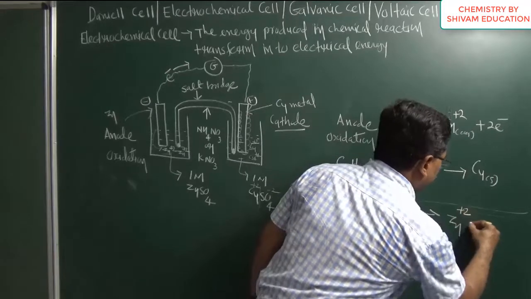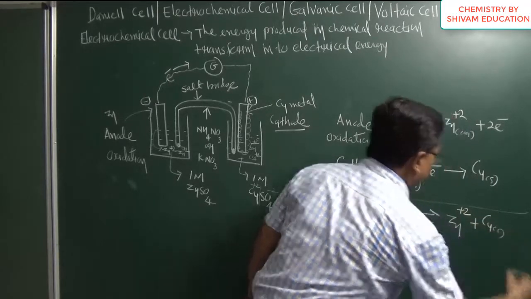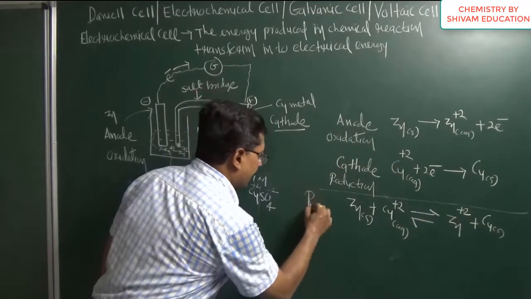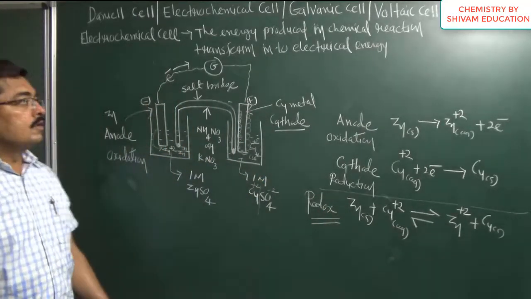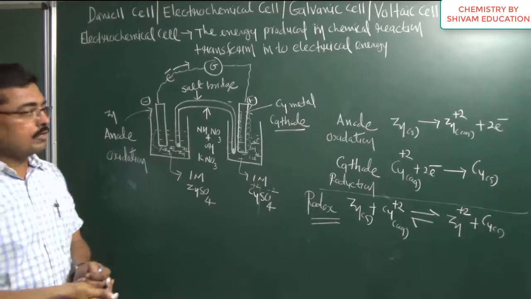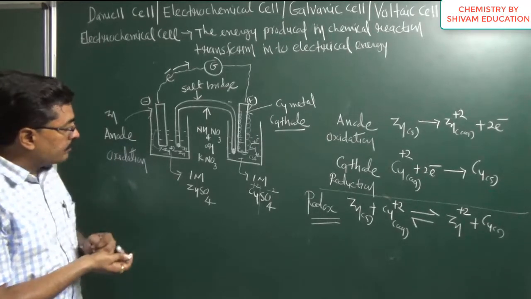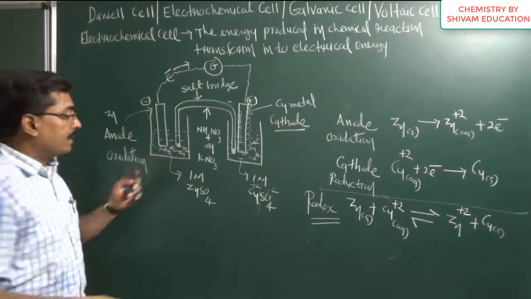So zinc is converting into Zn+2 and copper is converting into copper solid. So this entire thing is known as a redox reaction. Now, due to this redox reaction, it is observed that here the zinc sulfate solution